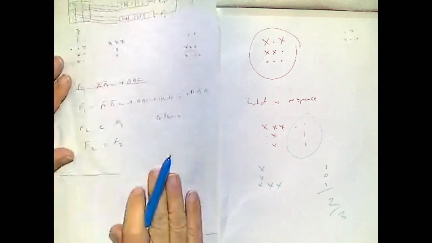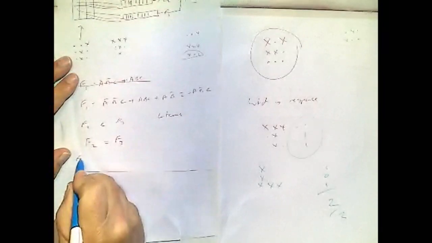No, no, no. F1 would be 0. A, not B, not C. It's the third. Oh, yes, it's 1. Sorry, yes. 100. A and not B and not C. This is the one to go for. That's what I was meaning to do. 100. Haven't got the middle term. Let's write the middle term down.